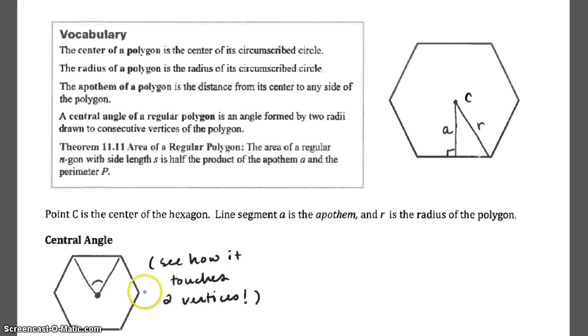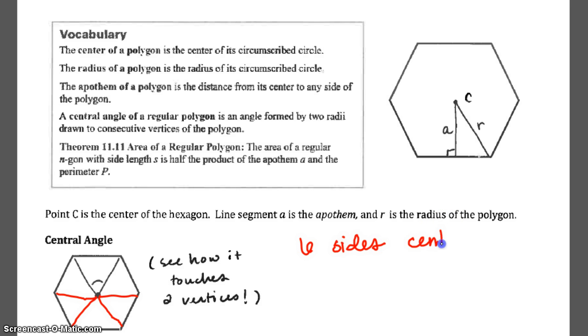Well, in the very center of a polygon, you have a circle, so that's equal to 360 degrees. We'll say I have a polygon with 1, 2, 3, 4, 5, 6 sides. I'm actually going to be splitting my 360 into 6 parts. So a 6-sided polygon,